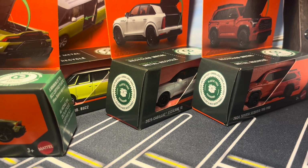Everybody. Today we're going to be taking a look at Matchbox Moving Parts Mix 8. I know I skipped from 4 to 7? Now we're going 8, and I'll probably come back for 5 later. No, I haven't done 4 yet. I did 3. Yeah. So we're out of order. I have the rest of them to get those videos done, so if anybody's still interested in seeing those,